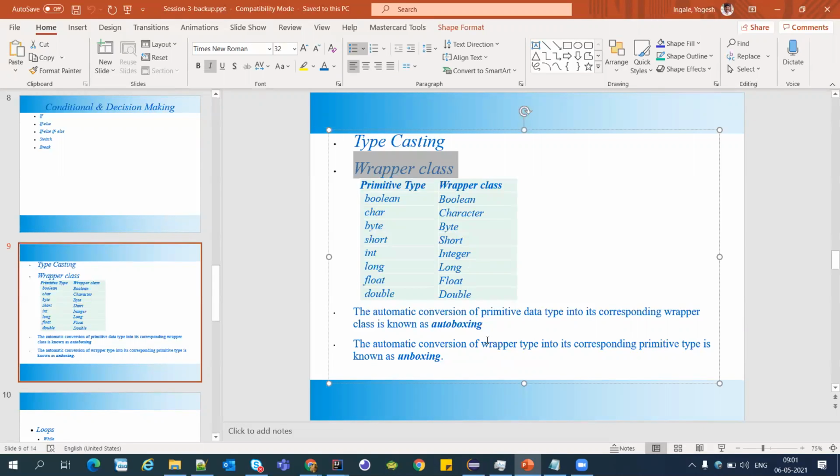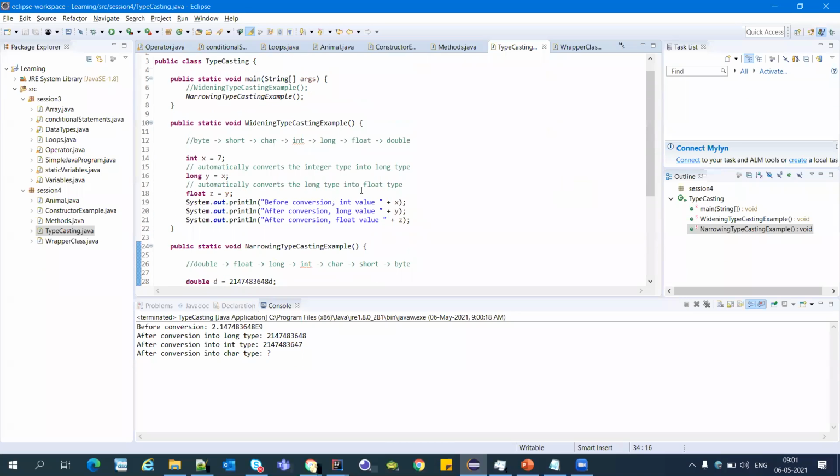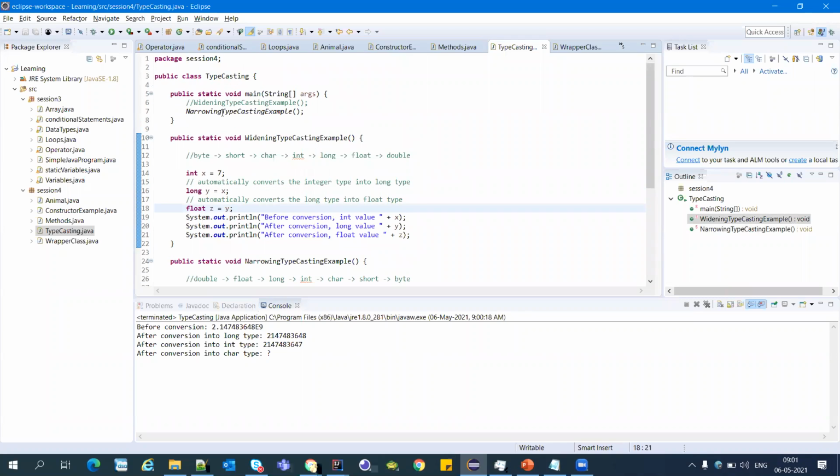One question from Diksha. Can you please show a decimal example in widening also? So float will have a decimal value. Just simply execute this program, the first widening one. Comment out below.